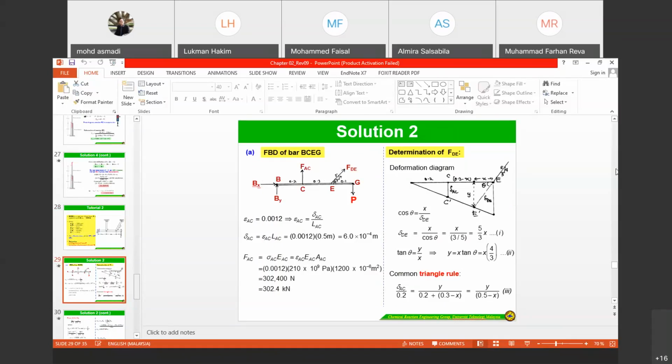It seems my explanation is clear. What I would like to highlight for this chapter is the determination of the deflection, as well as the normal strain and the stress. Similarly for chapter 3 actually. For chapter 3,